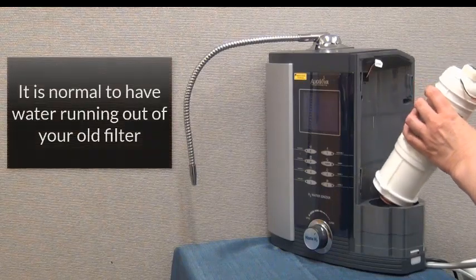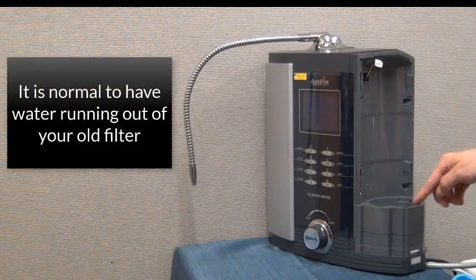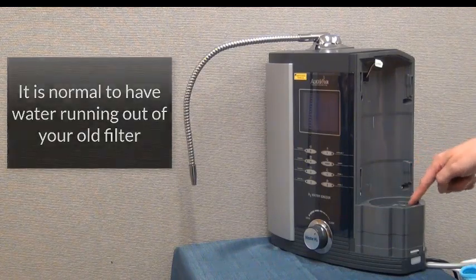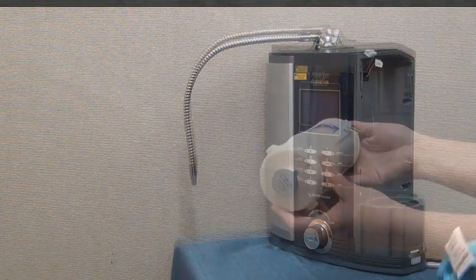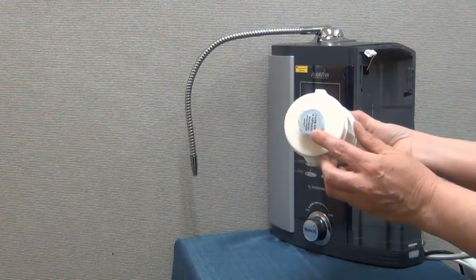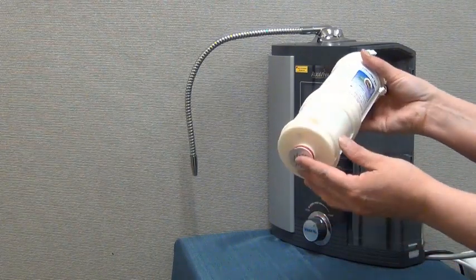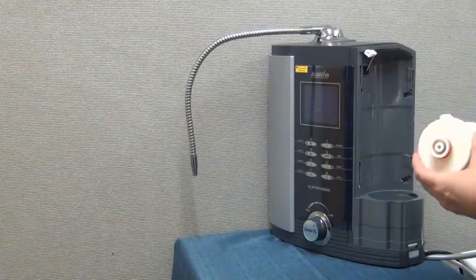Have a towel handy because the filter will be full of water. You also may have water in the bottom of the filter compartment. This is normal. Your new replacement filter will likely have a seal on the bottom. Before installing the filter, be sure to peel this seal off of the filter. To install the new filter,